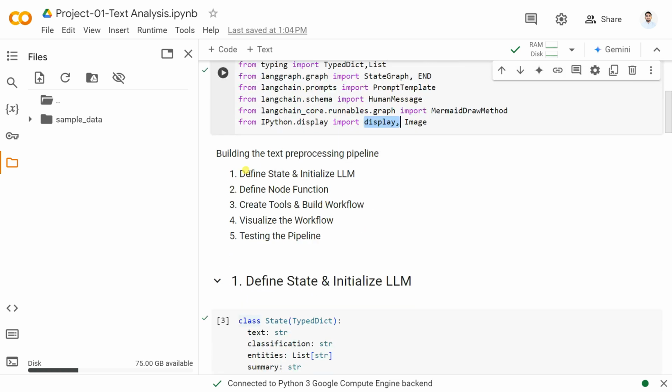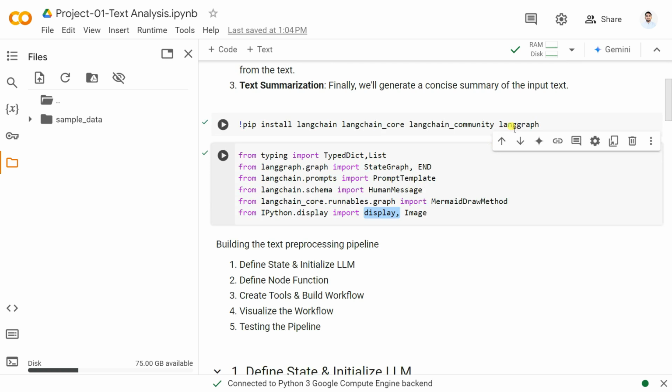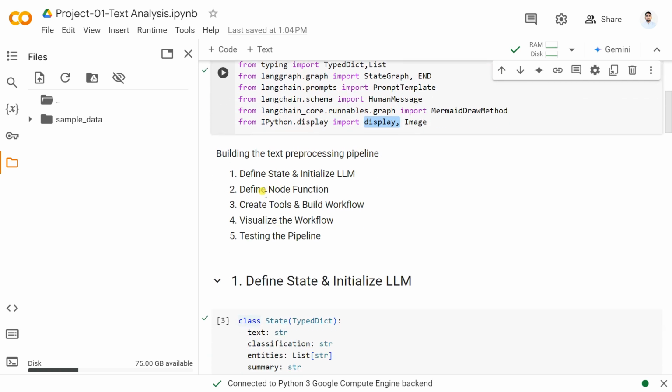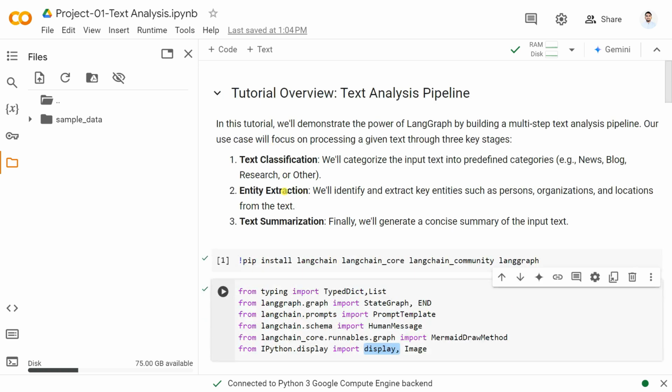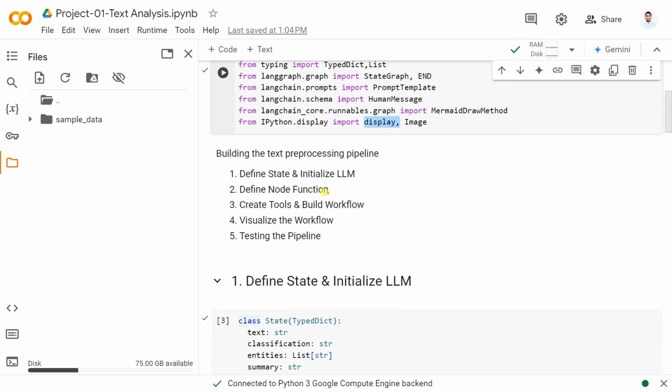इसके बाद हमने डिस्प्ले और इमेज को भी इंपोर्ट कर दिया। तो वो हमारा बिल्डिंग द टेक्स्ट प्रीप्रोसेसिंग पाइपलाइन है। तो यहाँ पर हम 5 पाइपलाइन के बारे में बात करेंगे। तो फर्स्ट है डिफाइन स्टेट, हमको स्टेट डिफाइन करना पड़ेगा, क्योंकि हम लैंगग्राफ की मदद से इसको सॉल्व करेंगे। इसके बाद चैट ग्राफ की मदद से हमको लार्ज लैंग्वेज मॉडल इनिशियलाइज़ करना पड़ेगा बस। इसके बाद कुछ नोट फंक्शन है जस्ट लाइक क्लासिफिकेशन, एंटिटी एक्सट्रैक्शन, इसके बाद समराइजेशन। इसके लिए हमें नोट फंक्शन भी बिल्ड करना पड़ेगा।